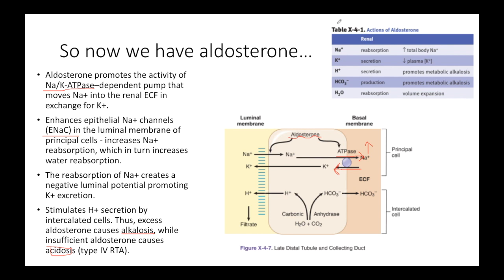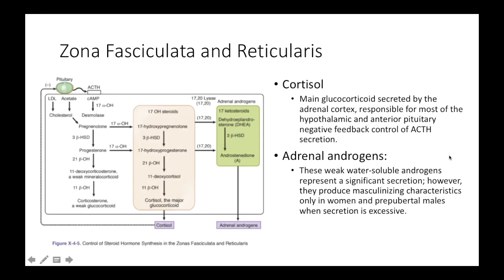And I've included just a little table to summarize all of the actions of aldosterone, where increasing sodium, increasing water, getting rid of potassium and hydrogen, and also producing bicarb. Okay, so now for our other two zones, since we've already